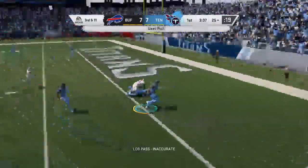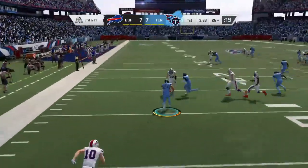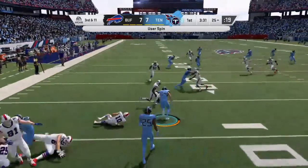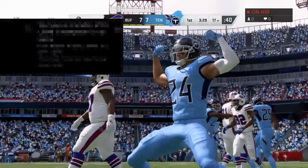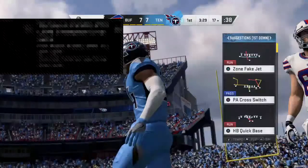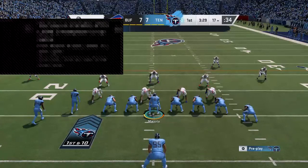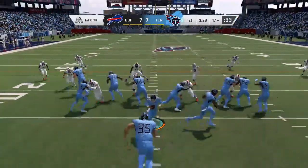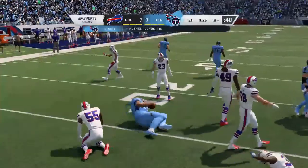Throw. And here's another interception, the third of this first quarter. Picked off by the safety, Kenny Vaccaro. Well, they thought they were going to break the tie. The defense had other plans. They were already in field goal range, but boom, an interception. I don't know if this was a case of being a little bit too greedy with the opportunity to put points on the board, but